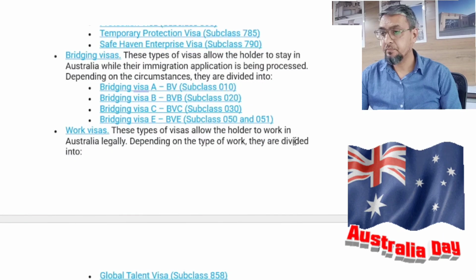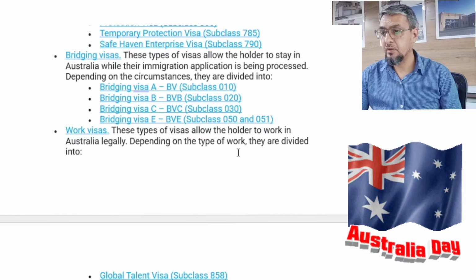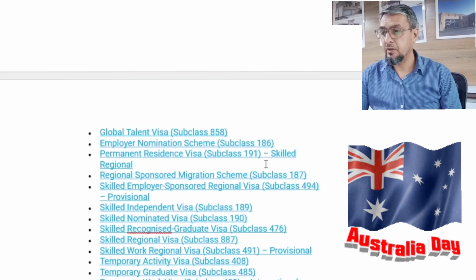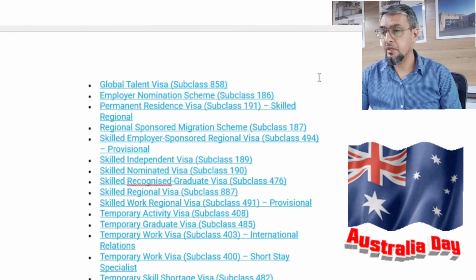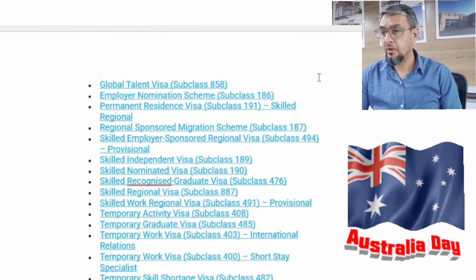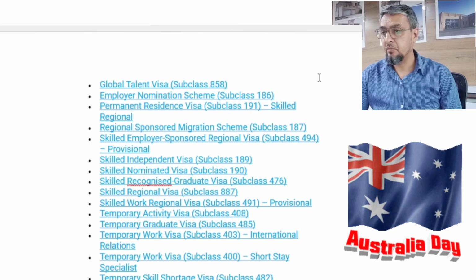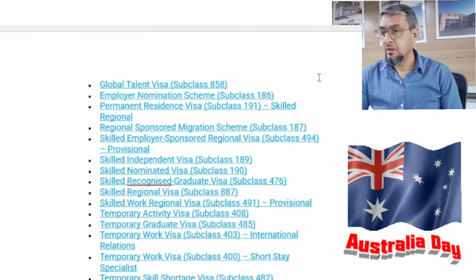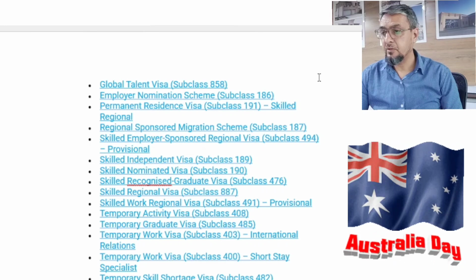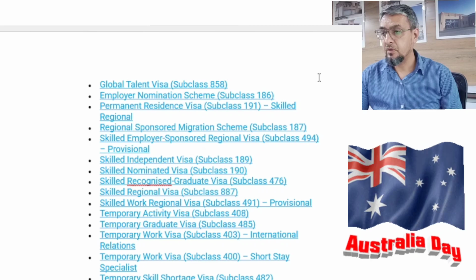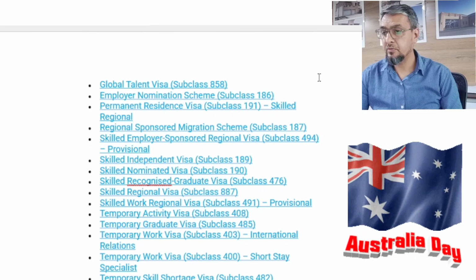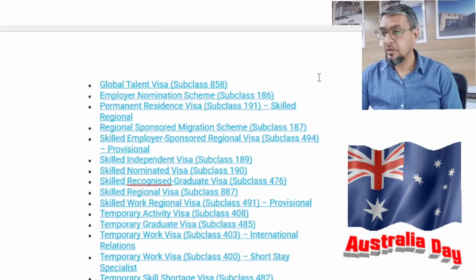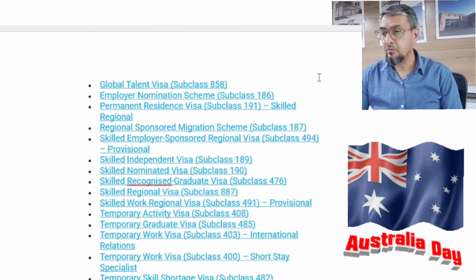Work visa. This type of visa allows you to work in Australia legally. Depending on the type of work, they are divided into global talent visa subclass 858, employment nominee scheme subclass 186, permanent residence visa subclass 191, skilled regional sponsored migration scheme subclass 187, skilled employer sponsored regional visa subclass 494, skilled independent visa subclass 189, skilled nominated visa subclass 190,